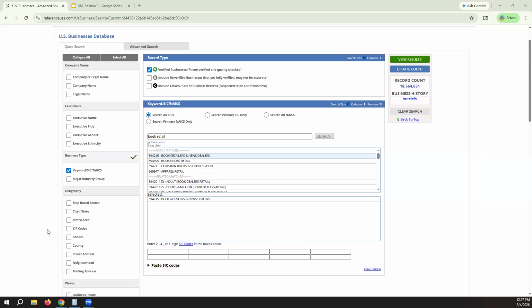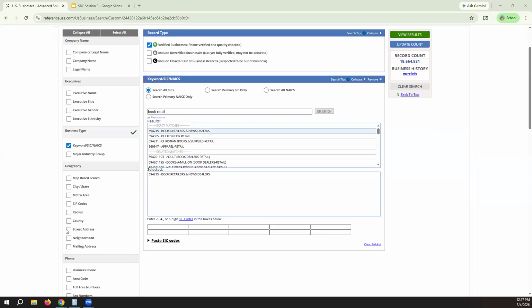So what I can do is I'm going to click on county, and then I can add which counties I would like to see. But you'll notice here, you can do a map-based search. You can actually draw on a map, which I'll demonstrate with the consumers, a certain geographic shape. And then you could see who is in that region. You could look city, state, metro area, zip code, neighborhood. So there's a lot of different ways to search. But for this particular demonstration, I'm going to search county-wise.